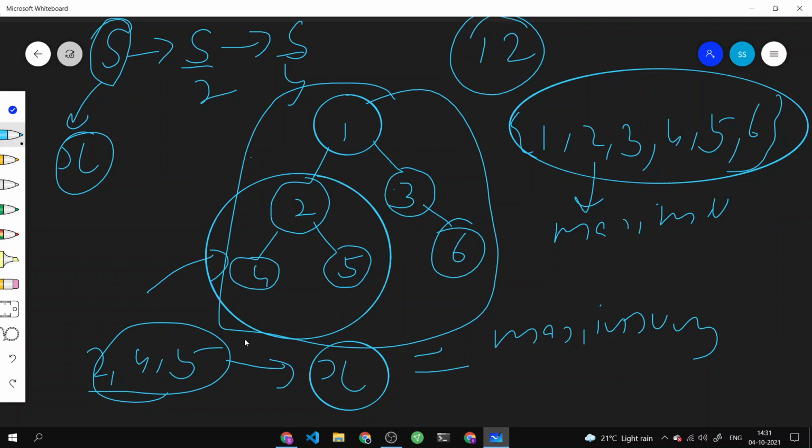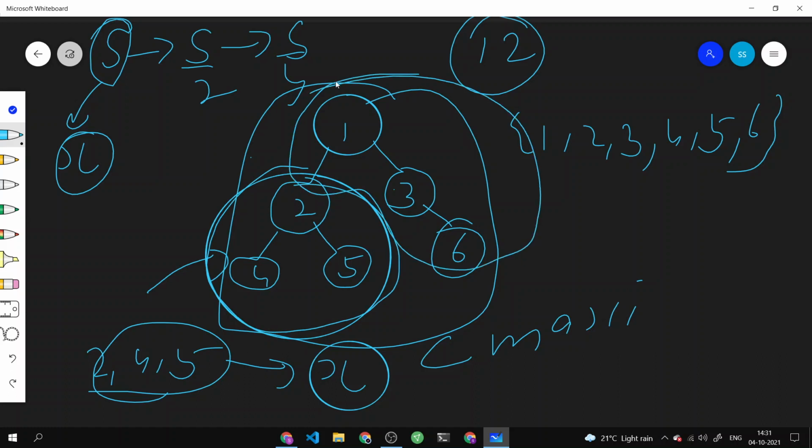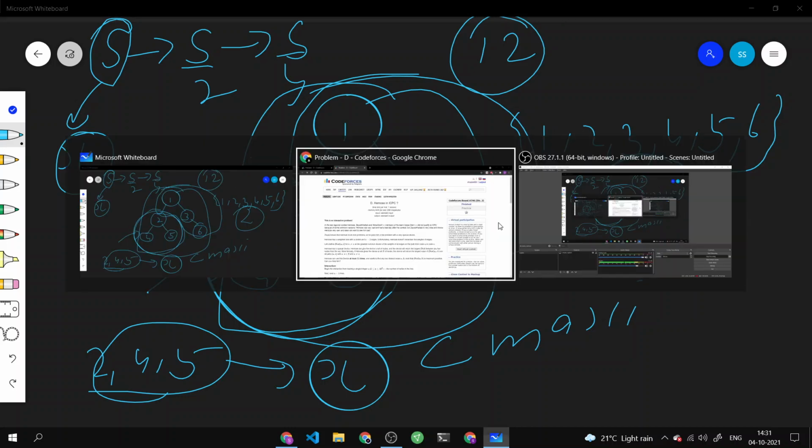But if that's not the case, that is x is actually less than maximum. Where can I remove x? Yep, over here. That is x is actually less than maximum. Then there is no point in working on this search space. I should start working on this search space. So this was the whole idea of the problem, that I have to keep on doing this until my search space basically reduces to a size of 2. And when I have a search space which has a size of 2, I can actually return the answer.